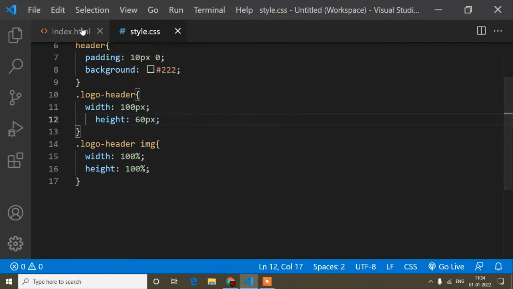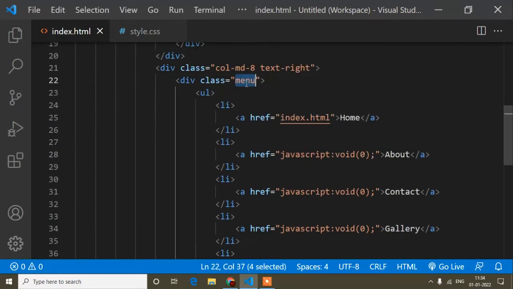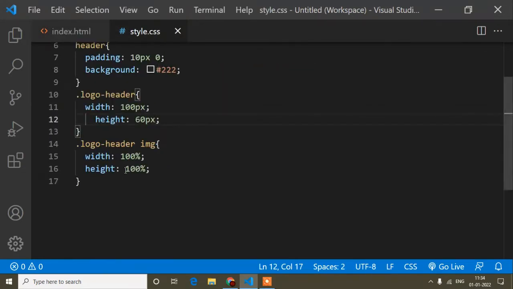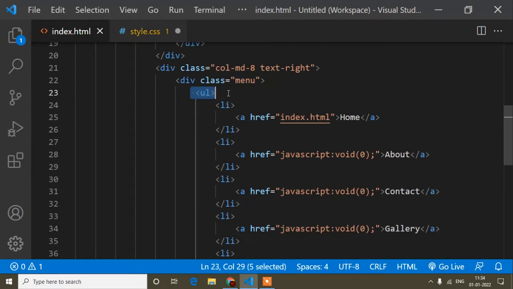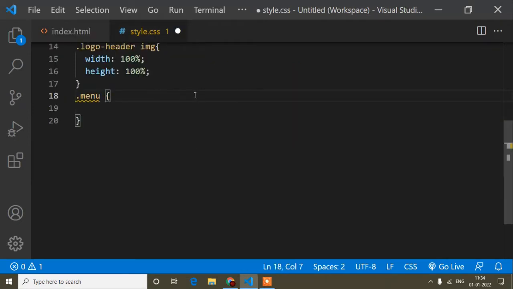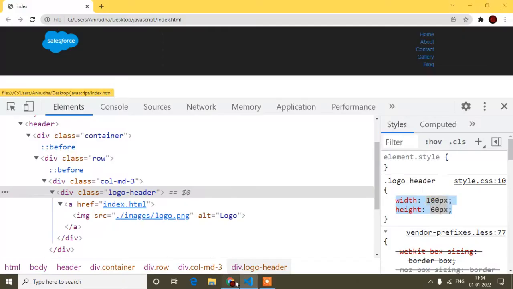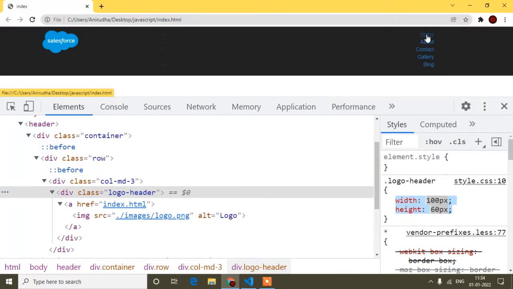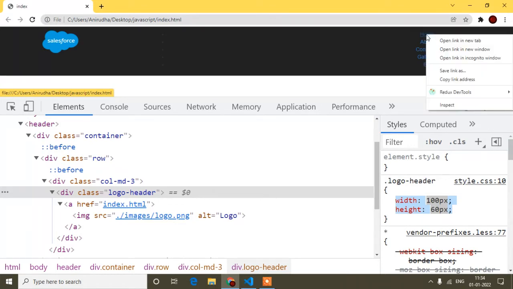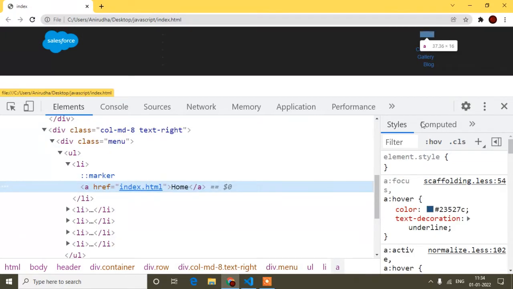And now guys, here I will come to the menu. So first is the parent menu, class name is menu. So just here I will write menu. Okay, menu, and inside this menu first is UL. So now I will write UL. Why am I writing this? Because guys, if I now inspect inside this menu, just how you can inspect: go to your mouse cursor on where you want to inspect and then right click and you will get the inspect option and click here. So you can see I am just getting here the thing where I inspect.